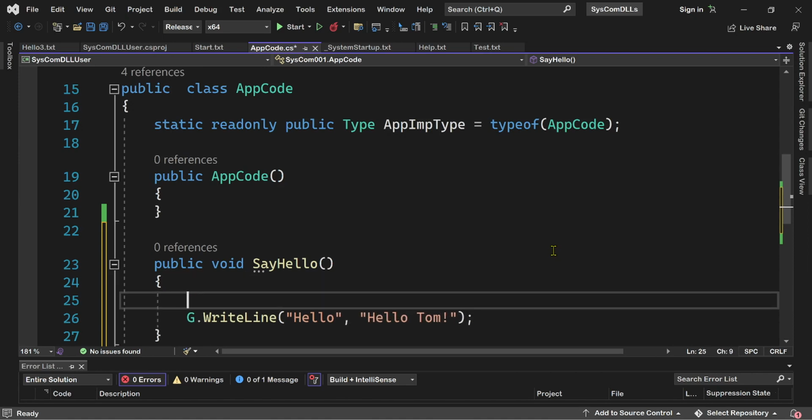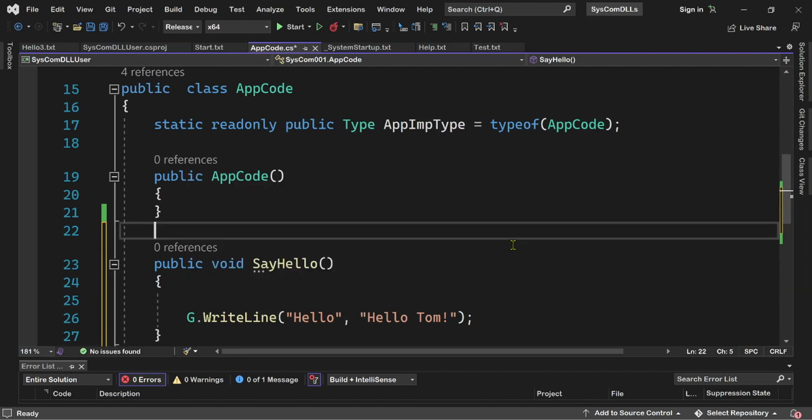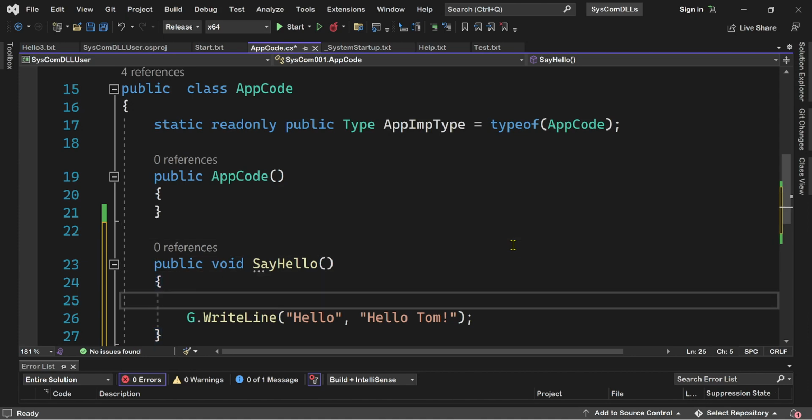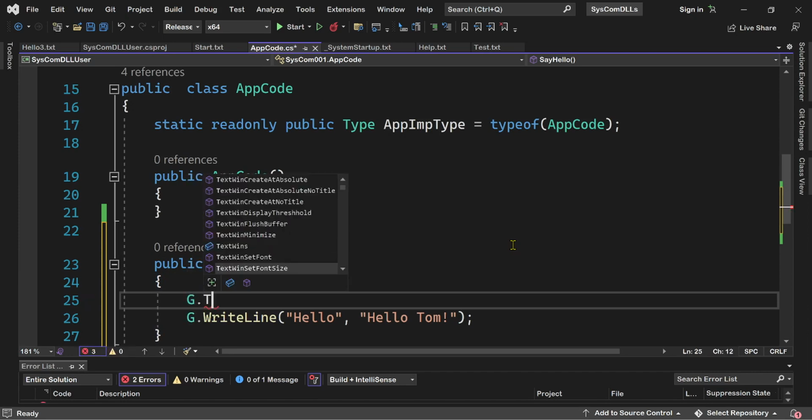But it doesn't exist, so we're going to have to do. Oh, by the way, all of these commands, when you can use them from the command line, you can use them in batch files, and you can also use them in C sharp. If you use them in C sharp, you have to put the word G in front of it. So G dot, and I'm just going to say text